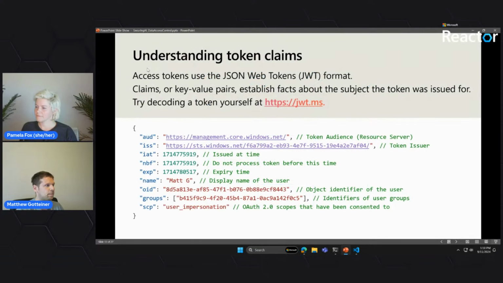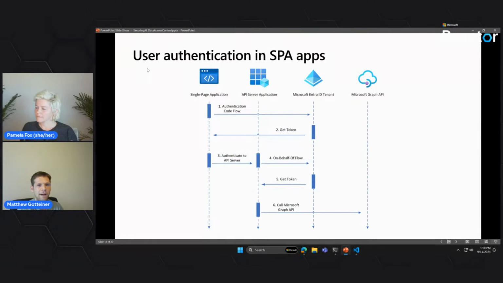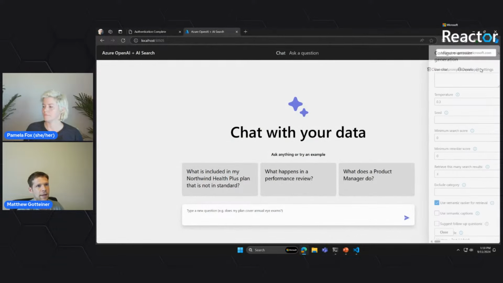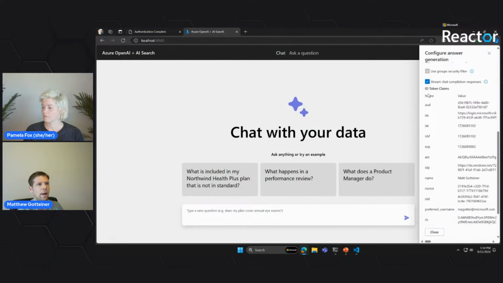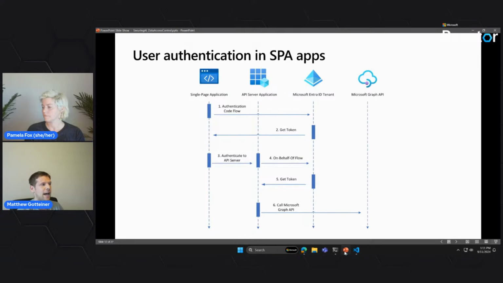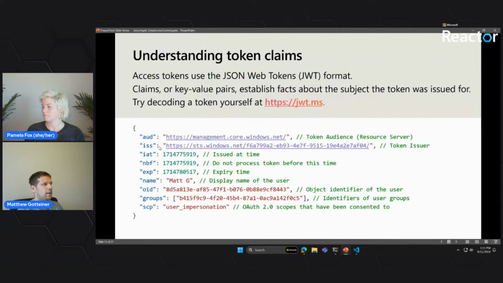So when we look at these tokens that we're getting back from Microsoft Entra ID, these are really the key to actually making authentication work and proving you are who you say you are. When I go back to this application and open the developer settings tab, we've included a user interface where you can actually inspect these token claims yourself. All these token claims, as we're seeing in this slide, are really just a JSON object. Think of it that way. There are keys and there are values. Some of these have strange names like issuer, issued at time.